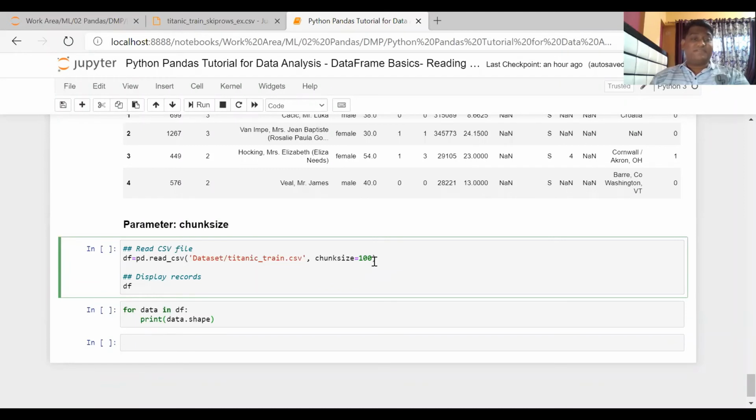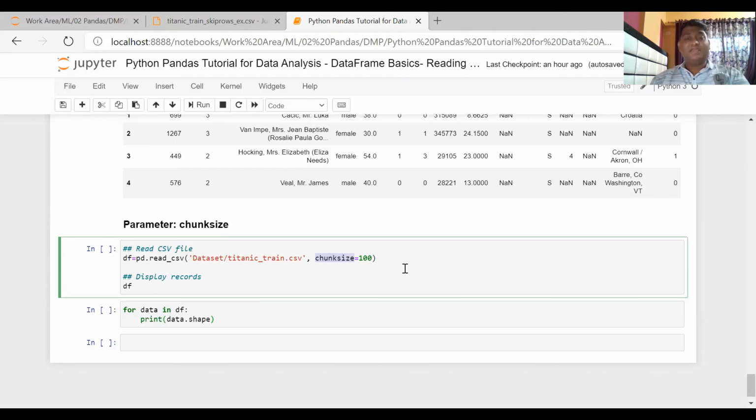Suppose you have a very big file, 10 GB, which you have to read into your data frame. If your RAM is 4 GB and your file is 10 GB, how can you read that in one shot? Because when you use the read_csv method, all your data is loaded into memory, right? You cannot do that. There is a parameter called chunk size. You can set that chunk size, and it will load the complete data in chunks.